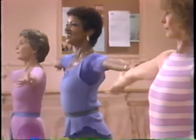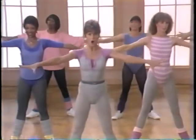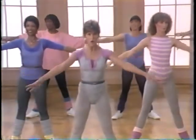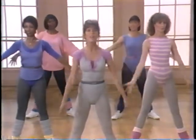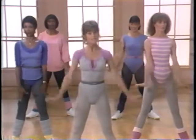7, 8. Now lower and keep stretching. Open those fingers. Make it burn. Work the arms. 5. Beautiful shoulders. 7, 8. Now flex and